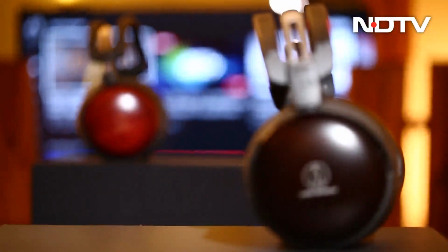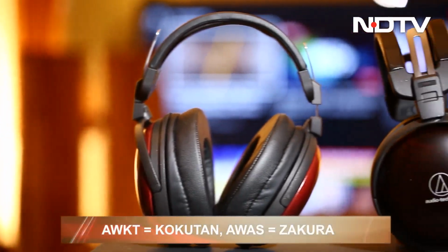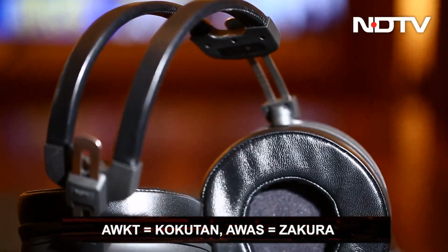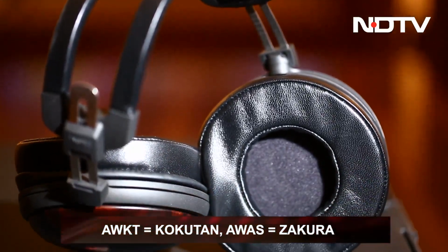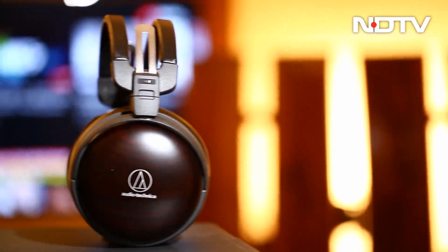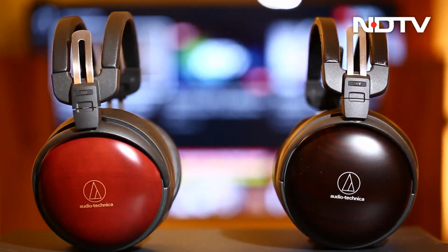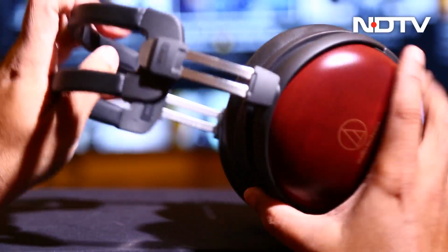These headphones, while referred to with these letters as their names, are more often mentioned as Kokutan and Zakura. Their names are based on the name of the high-density Japanese wood the ear cups have been made out of. Apart from the names, there are only a few key differences between the two to show for the difference in pricing. The Zakuras are made from Asara Zakura hardwood,